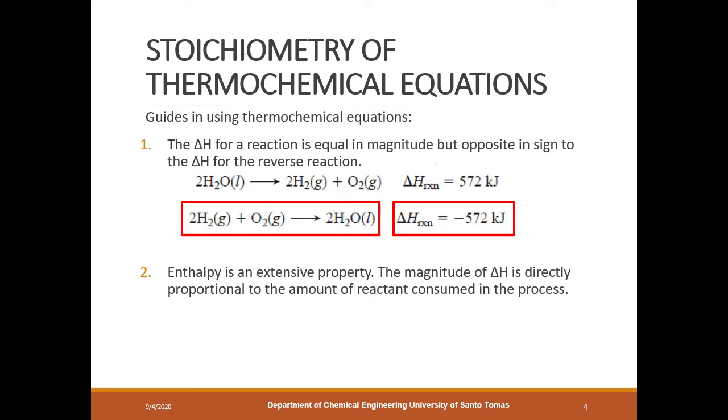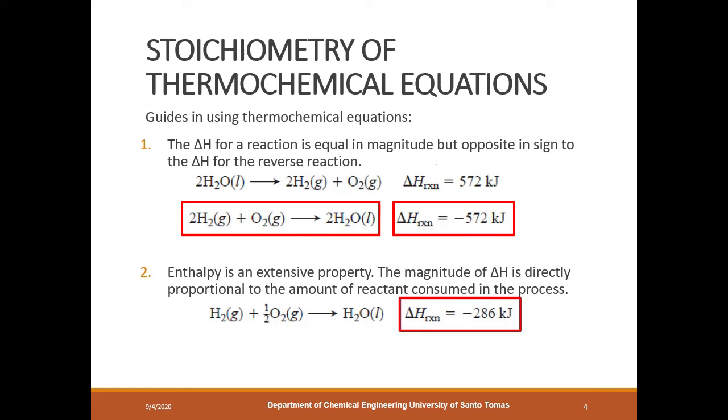Now, the second guideline is to note that enthalpy is an extensive property, meaning it depends on the amount. So the magnitude of delta H is directly proportional to the amount of reactant consumed in the process. Thus, if we have this equation that when 1 mole of hydrogen adds with 1/2 mole of oxygen and forms 1 mole of water, involving negative 286 kilojoules of energy as heat of reaction,